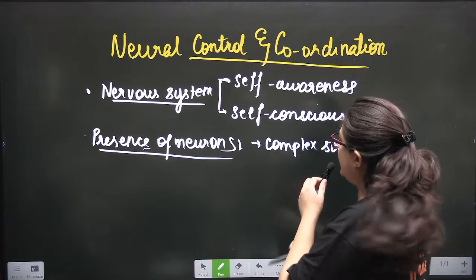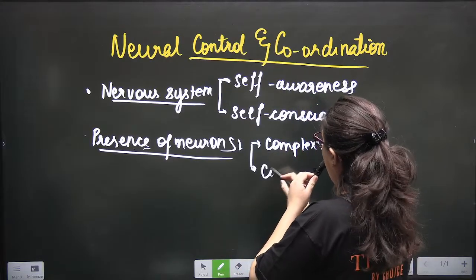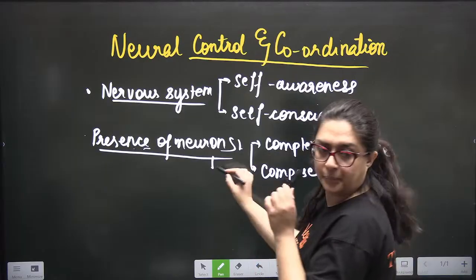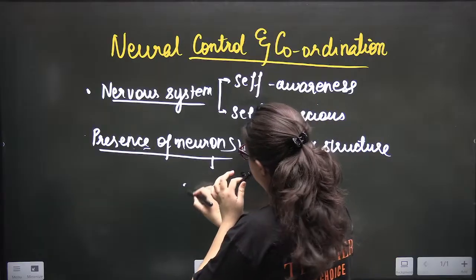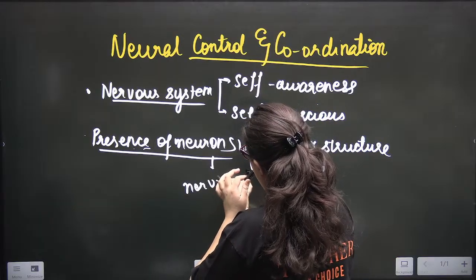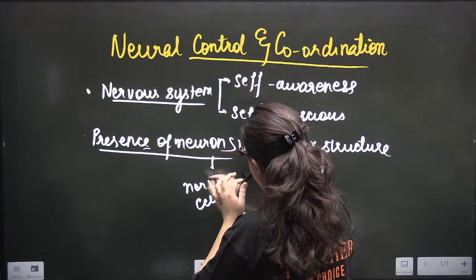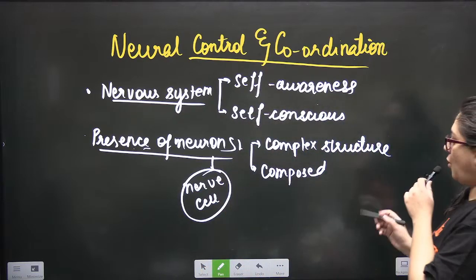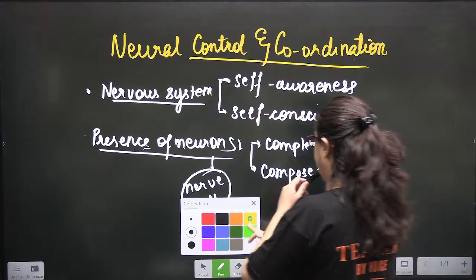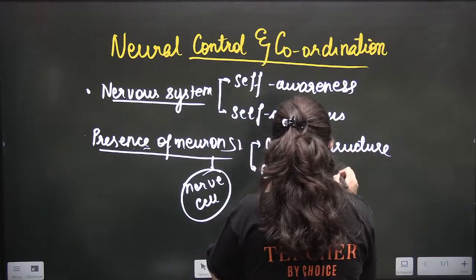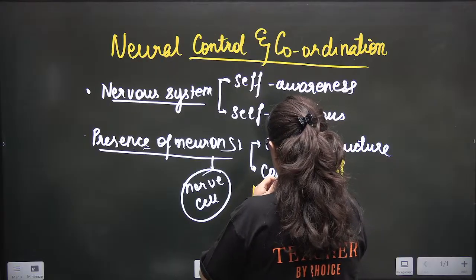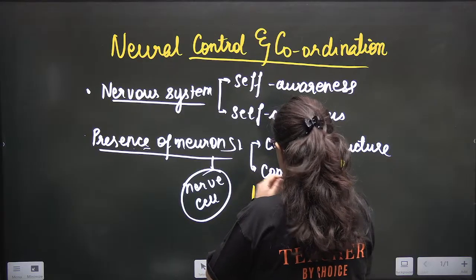Neuron, or nerve cell also, is a complex structure composed of